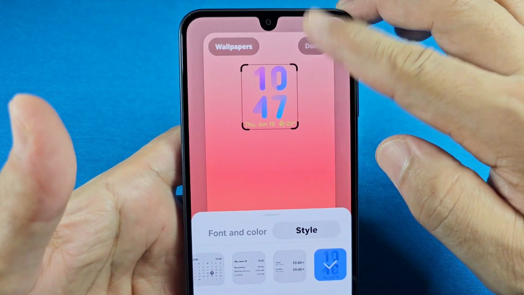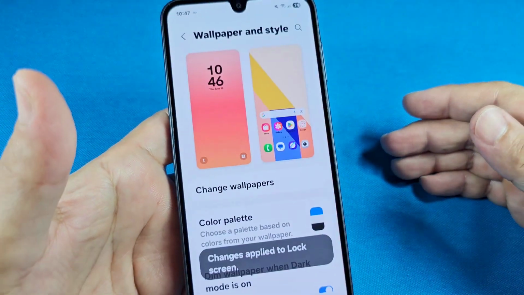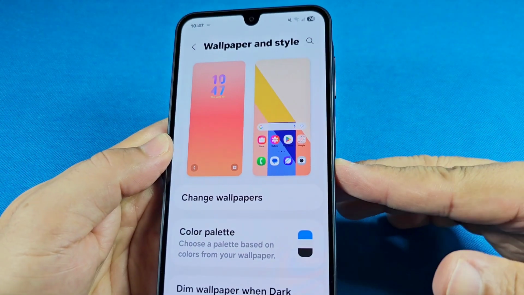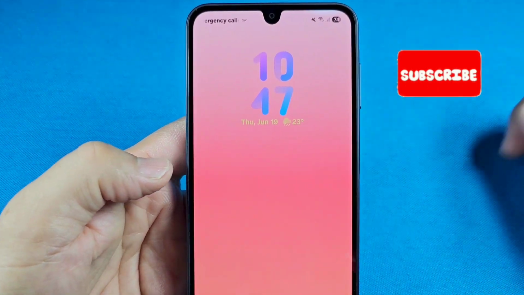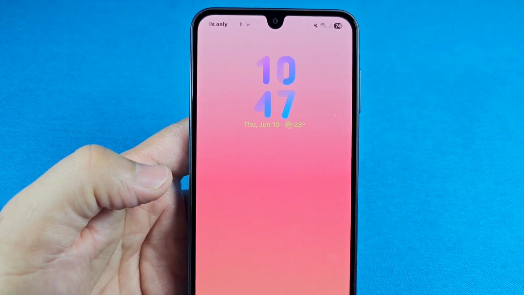And once you're done with all the changes, you just press done here and it'll save for you, and that should be like your new lock screen clock time widget. Okay, of course you want to pick something that stands out more than what you see here, like instead of